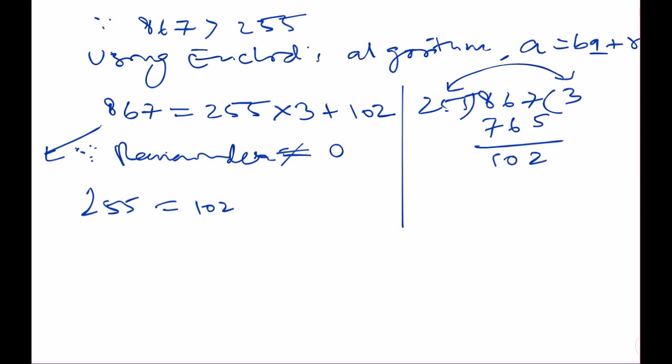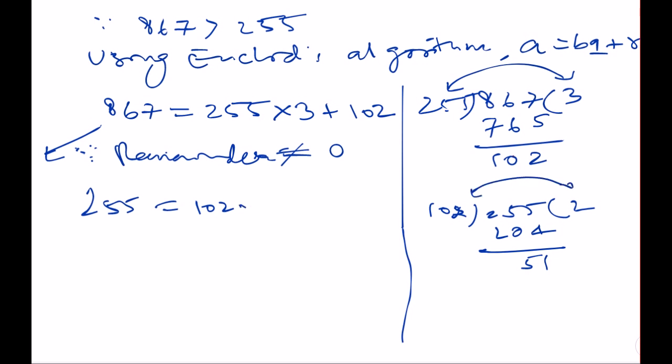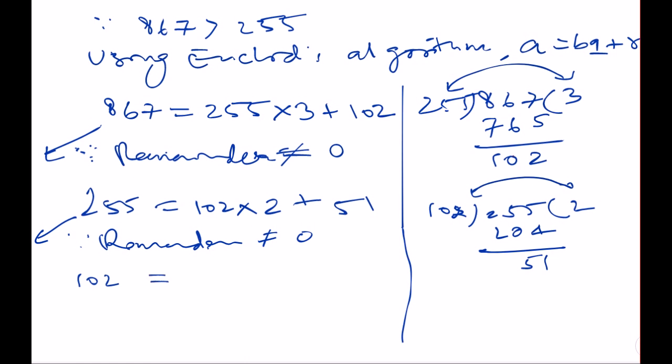This 255 here. So you can do like this, 102 will divide 255. So it will go 2 times 204, and 5 minus 4 1, then 51. So again the guys remainder is not 0. So what you have to do? Again 102 into 2. You can see here 102 into 2 plus remainder 51. So write again here, since remainder is not equal to 0, so kick this 255 out and call 102 in its place and ask 51 to divide 102.